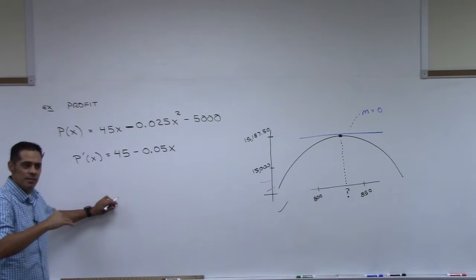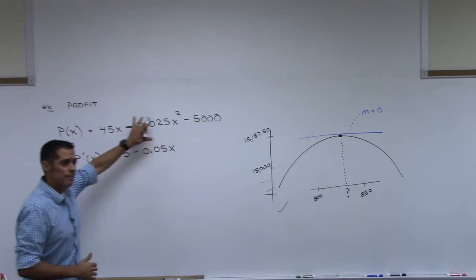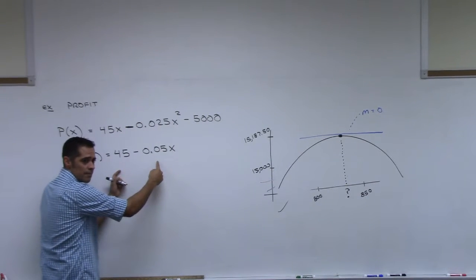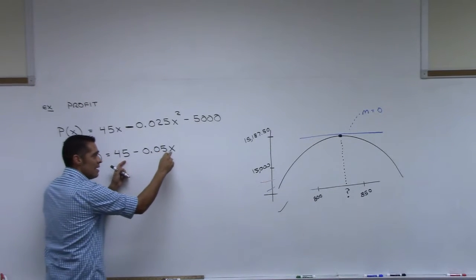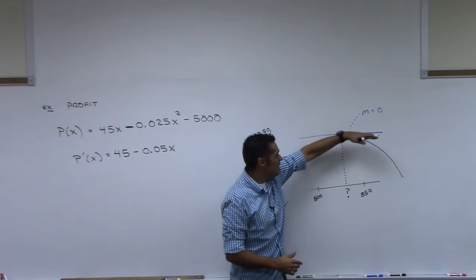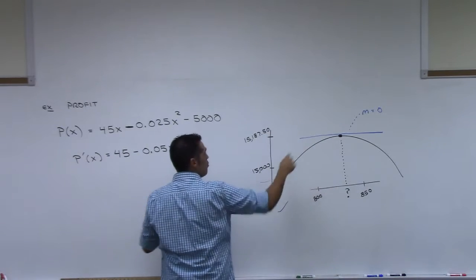Functions and derivatives work like this: you have the profit function, so just look at the derivative of it and set it equal to 0. Because if I set this equation equal to 0, isn't that going to tell me the x that I need in order to find a flat tangent line? And the flat tangent line is going to occur at that peak. So this question of where this is happening,